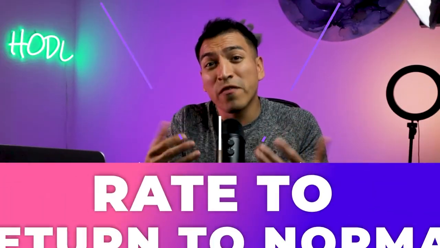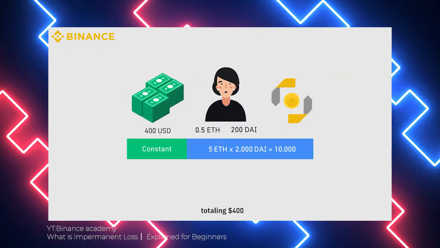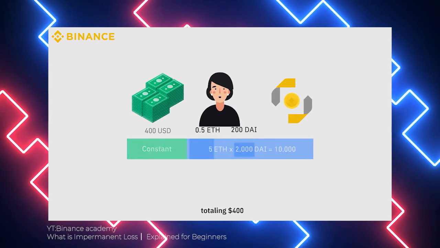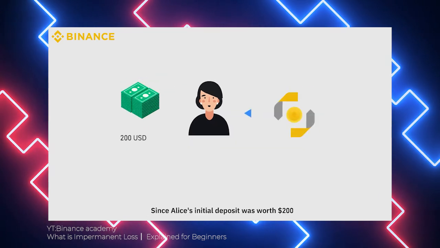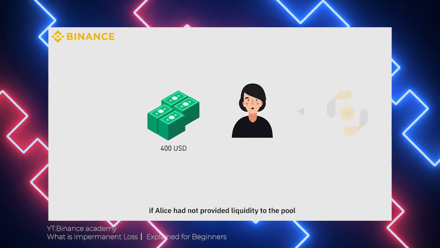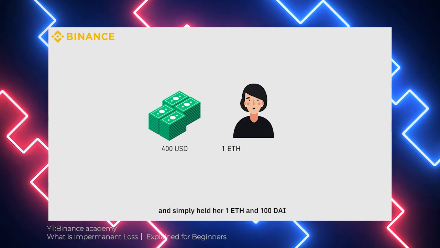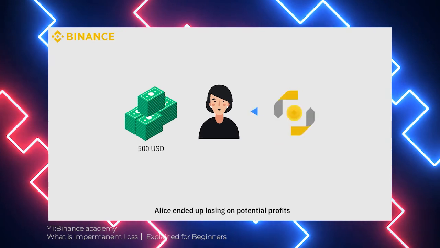You can also wait for the exchange rate to return to normal. When you provide liquidity to a crypto pair, their rates will naturally change in the market. However, the more the prices deviate from those at which you made your deposit, the higher your impermanent loss will be. Therefore, you can wait for the crypto prices to return to their initial rates and not withdraw your currency until then. However, this isn't as simple as it may sound, because the cryptocurrency market is quite volatile.